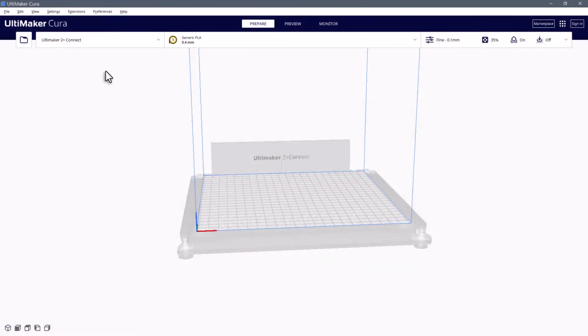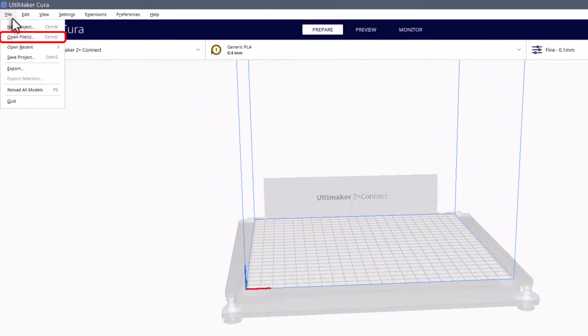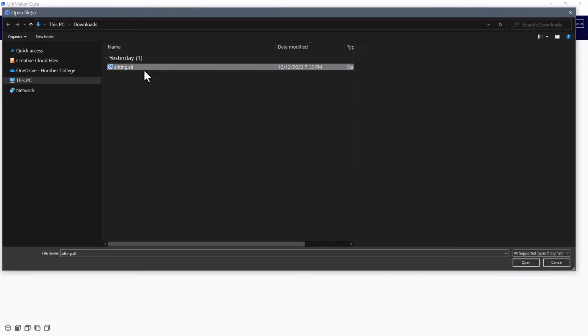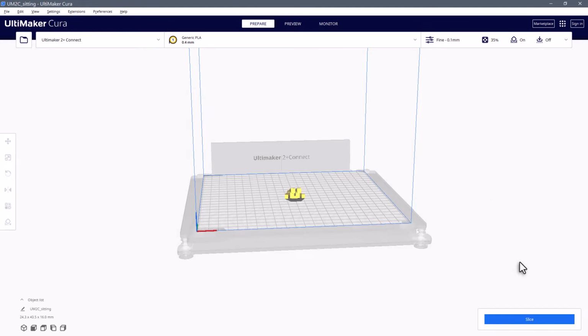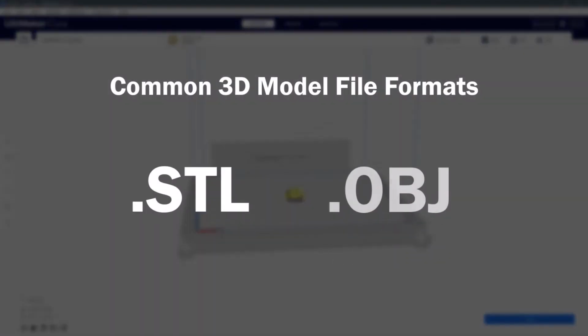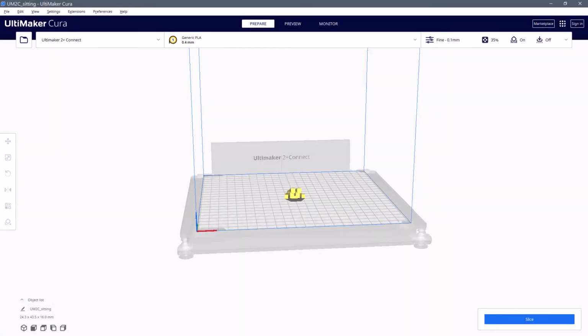You can open a file by clicking on the folder icon in the toolbar or by going to File, Open File, in the menu. Cura can open a lot of different file types, but if you're loading your own design or one that you found in an online repository, such as Thingiverse, you'll typically be opening a .stl or .obj file. When we finish slicing our object, we'll be saving it in two different formats. We will cover those later in the tutorial.